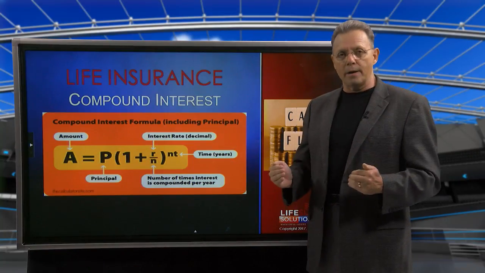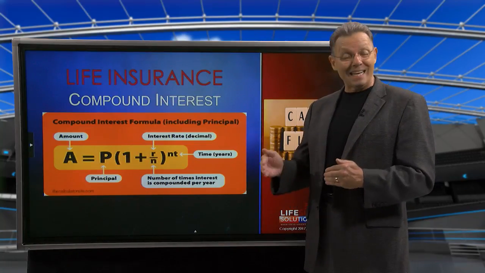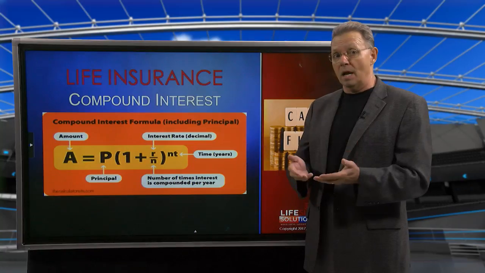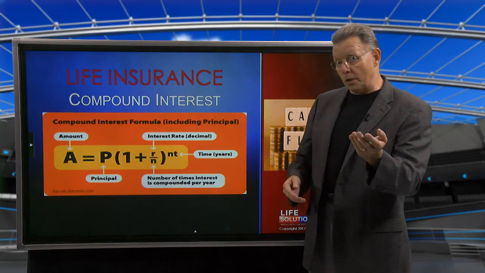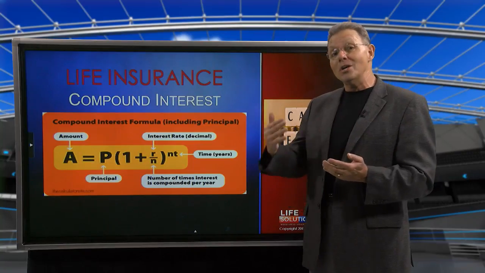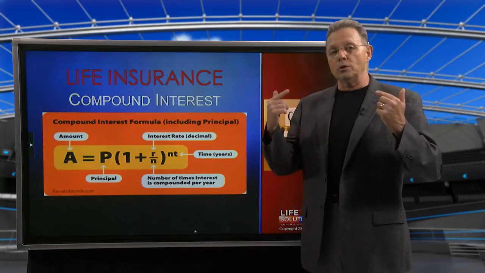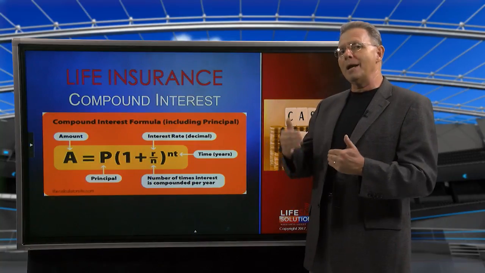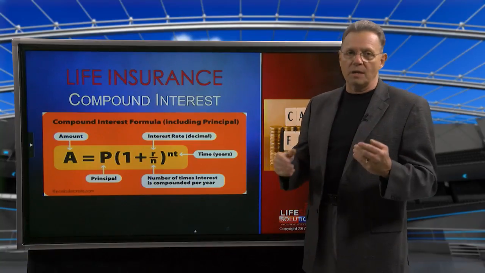The longer, the better, and especially if you're doing generational thinking using second to die, which is 2 people on one life, and using maybe a grandmother on one end and maybe their grandson on the other end. That could be 100 years of compounded interest. So that formula should be something that you learn so you can understand what am I going to have at retirement if I get compounded interest of 3%, 4%, 5%, whatever it is.